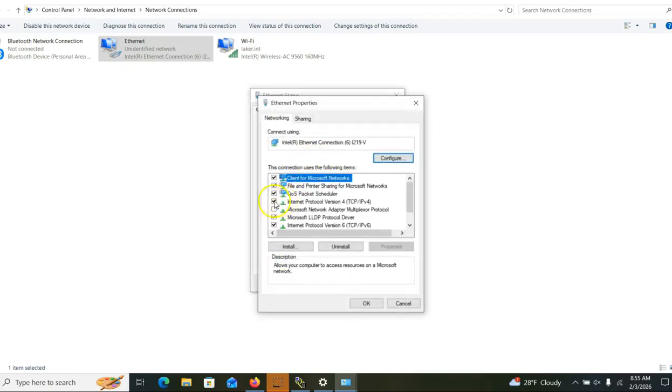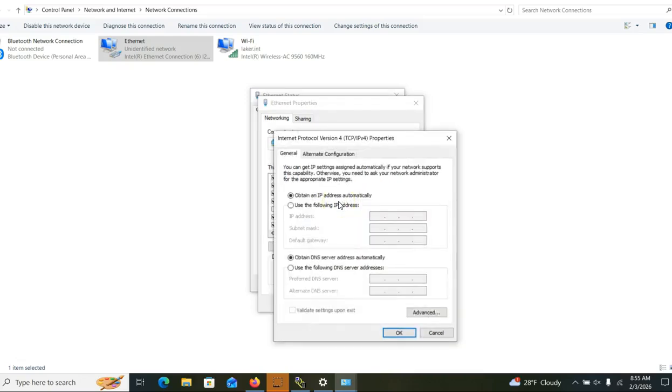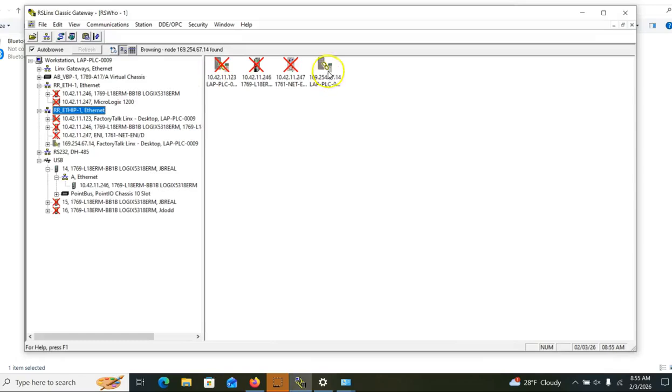You're going to scroll right here, highlight. You can hit properties, or you can double click. All right, so right now this is my laptop. It is obtaining an IP address automatically from the server. So apparently the default address was that 169. If I come back up here to RSLinx,